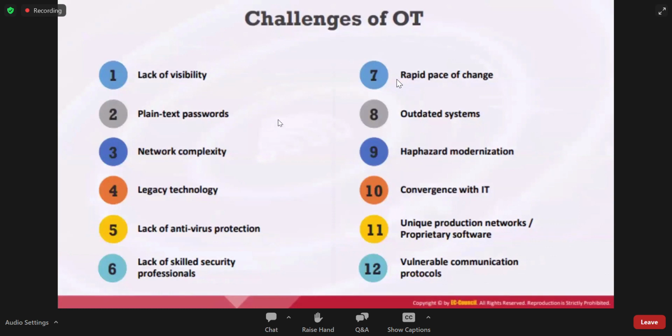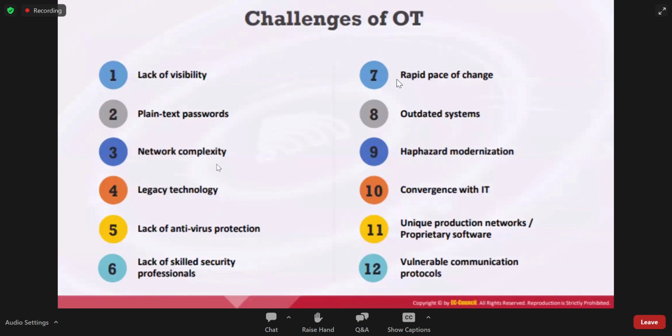So: lack of visibility, plain text format. Actually, most IoT devices, 90% of the devices, will be passing traffic in plain text, because it is robot programming, so it is obviously going to be in plain text, mostly normal code.